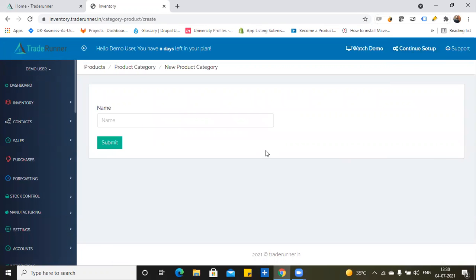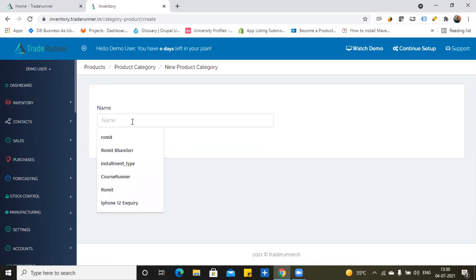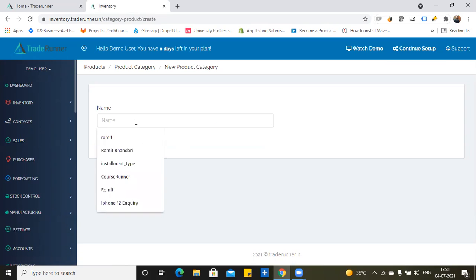For example, if you are into electrical wires, then your category could be something like wires, switch, and also fittings.